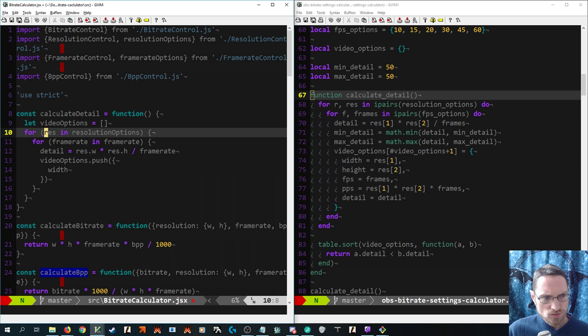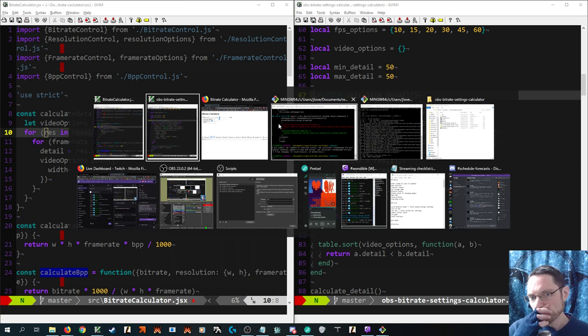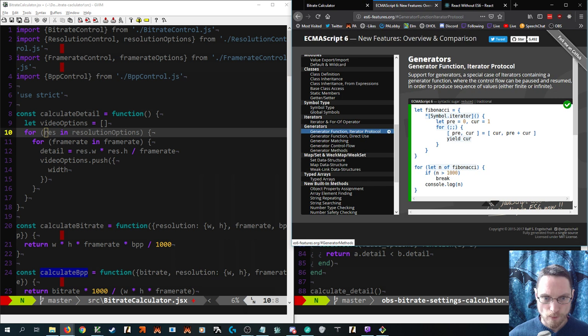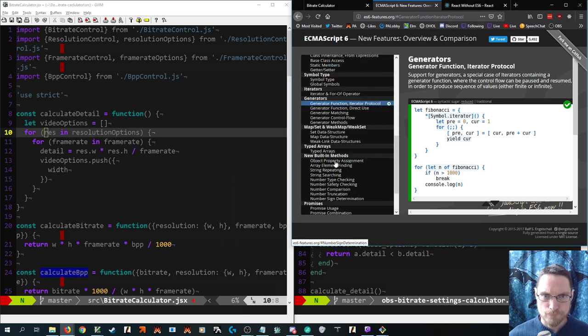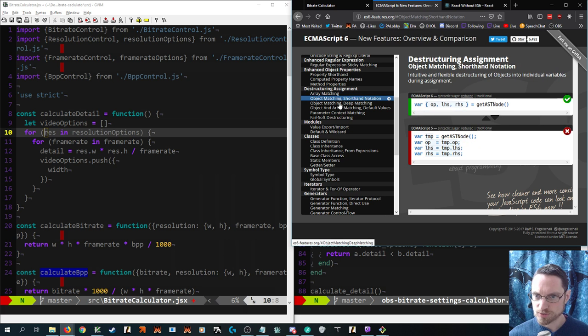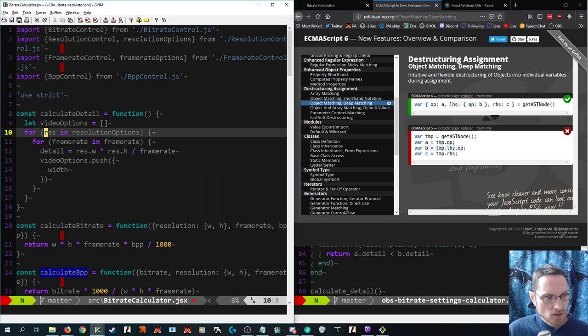So can you do, well, because I want to rename them, can you rename on a deconstruct? Array matching, object matching, shorthand. Okay, yeah, it's your field, my field. So I could do